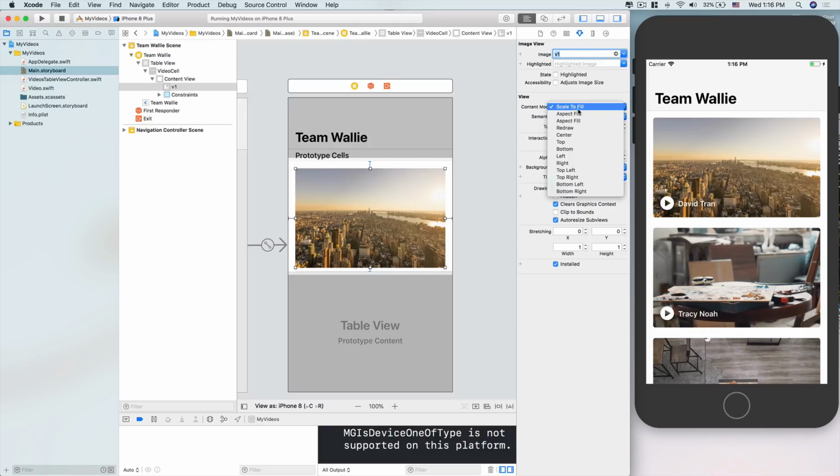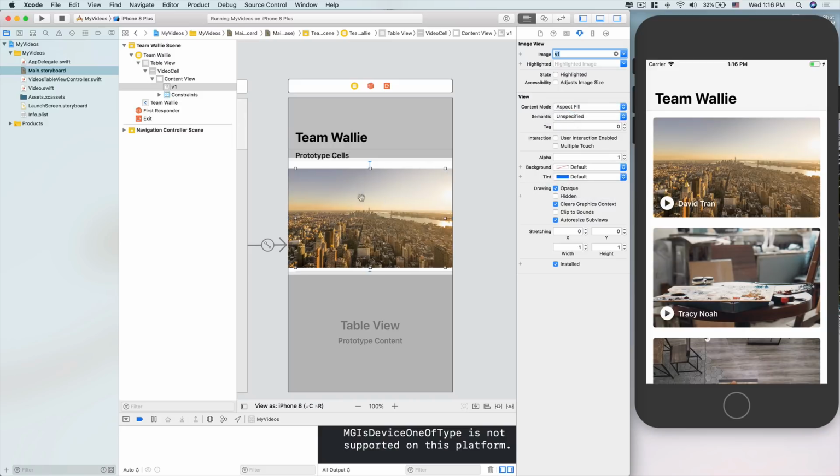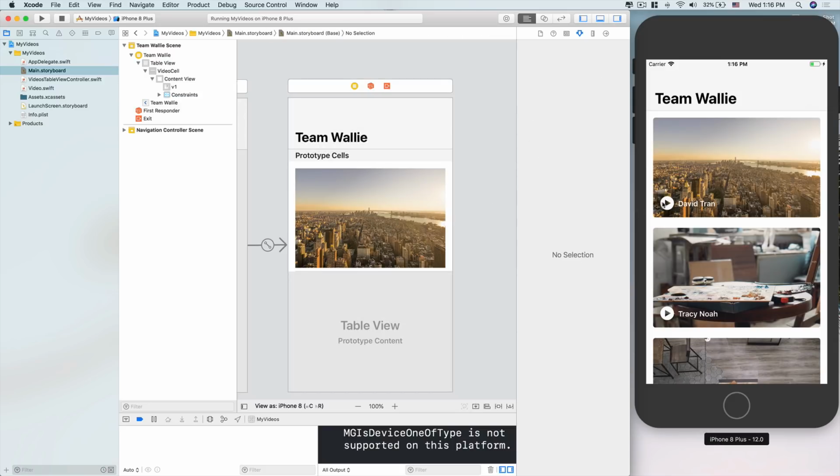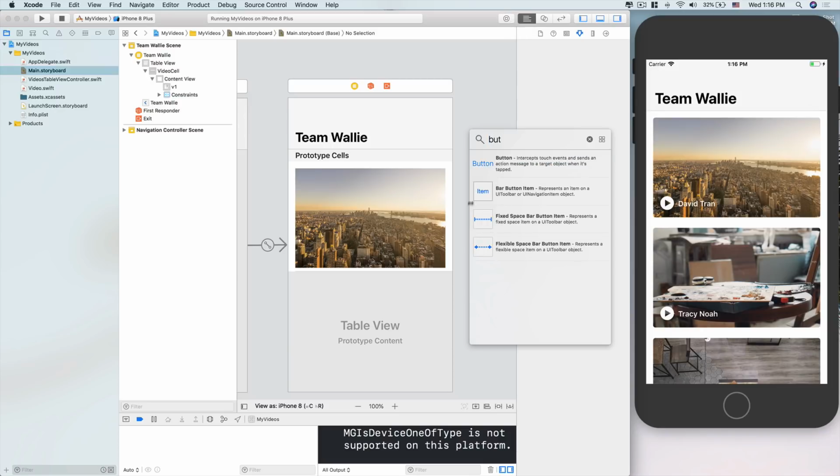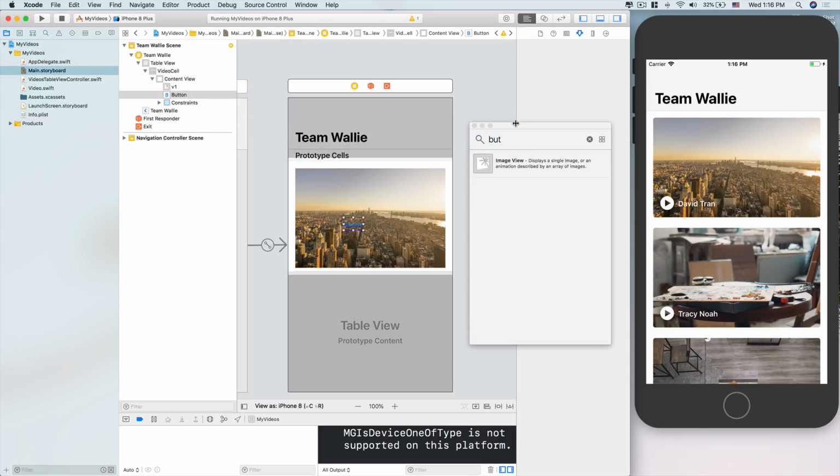All right, then we will aspect fill. It will fill out so it looks nice. Then now it goes out of the bounds because we need to clip to bounds. Okay, below here, click clip to bounds. All right, next we want to have this little button here. Object library, search for a button, drag this thing to the screen,